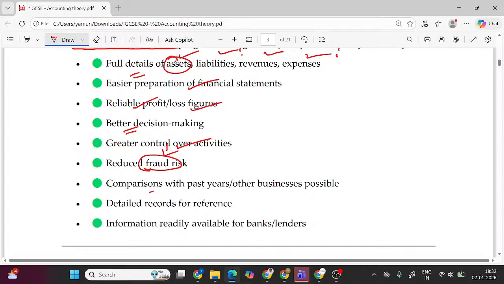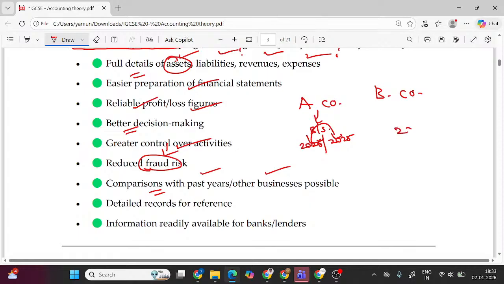Not only that, you can compare with the past year records and other businesses also. So your company A, let me name as company A. There is another company, B company. This company is preparing the financial statement balance sheet. So for the year ending March 2025, they have prepared, and also they have the balance sheet for the year ending March 2026. Which means you can compare both the figures and you can tell whether the assets are increased or what other things.